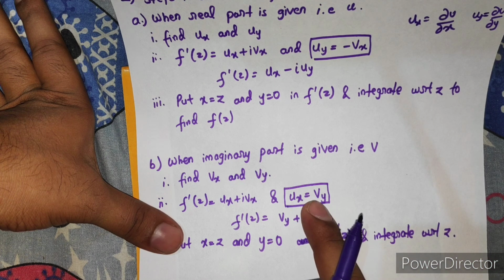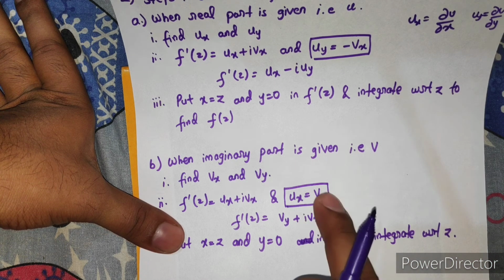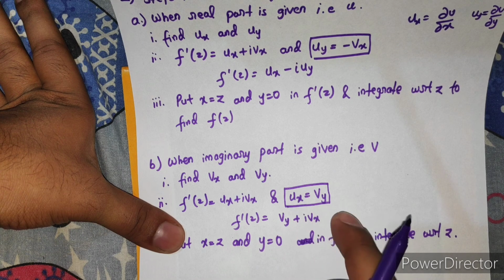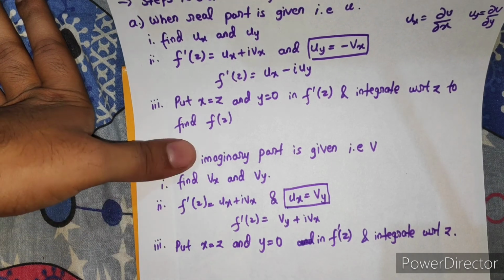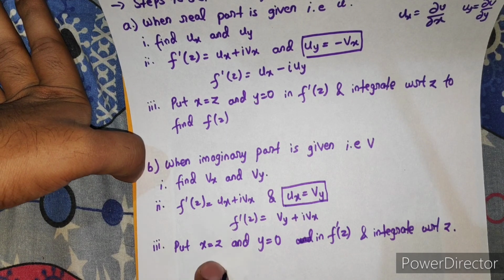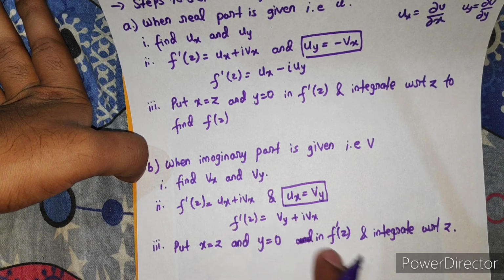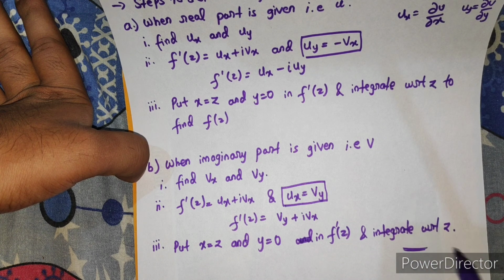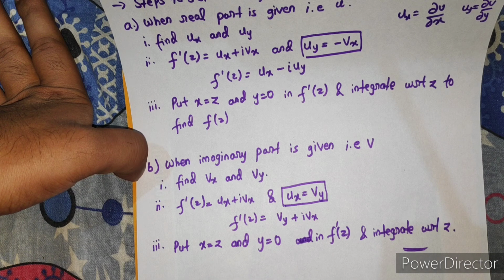So once we know this relation between u_x and v_y, we will form an equation of f'(z) is equal to v_y plus i v_x, and again the same substitution that we have done already, x equal to z, y equal to 0 in f'(z) and integrate with respect to z. Fine. So this is the whole theory in complex